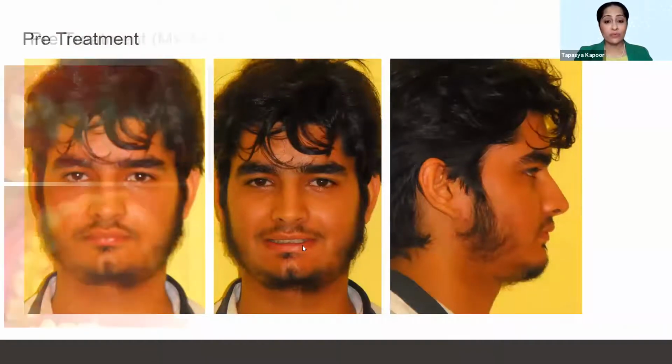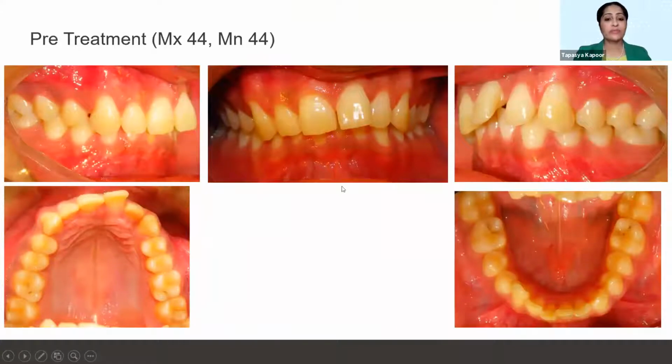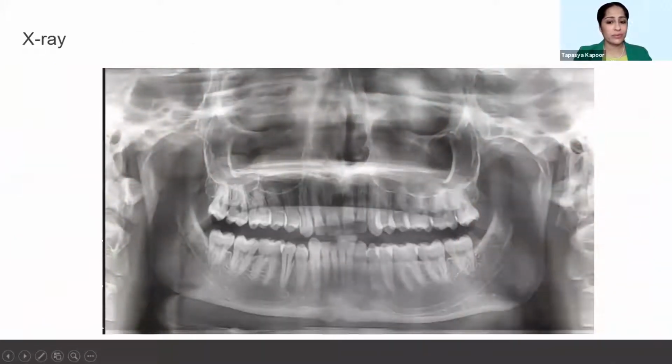Now, when you look at his intraoral photographs, you can appreciate the cant, the retroclination and the lingual tipping of the upper right incisors and canine, and the severe deep bite. He had about 44 aligners, upper and lower. In the OPG, you can appreciate the amount of uprighting that is needed in the upper right incisors and canine. You can also appreciate the exaggeration of the curve of Spee in the lower arch.